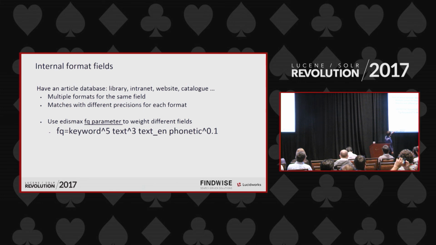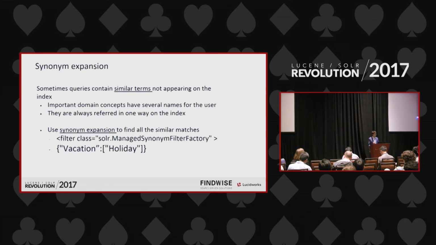If we get a perfect match, we're going to want to get that one first. If we get a match on English, we just want to get it. And if we don't get any kind of match in the stem form, we are allowing the phonetic version to actually come up and fix our spelling problems. Then we have a synonym expansion.